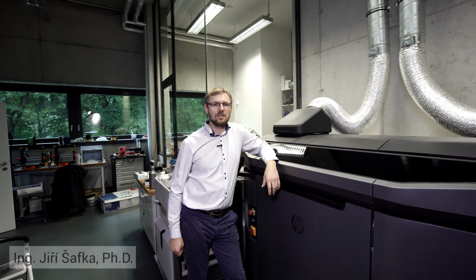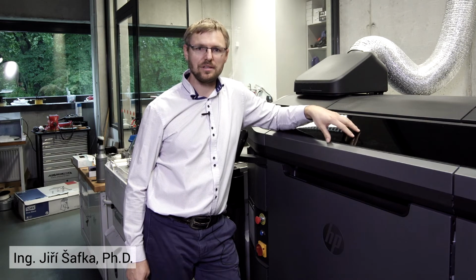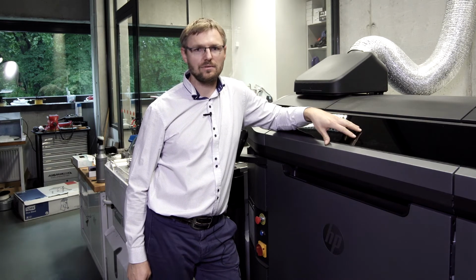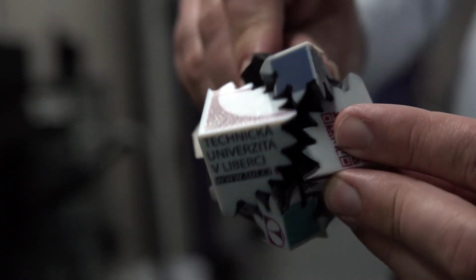The industrial technology department is focused on several research activities. The first research activity is 3D printing, which we can also call additive manufacturing, injection molding, and also material science. In the first field, we focus on different technologies like SLM, selective laser melting, FDM, fused filament fabrication, and also